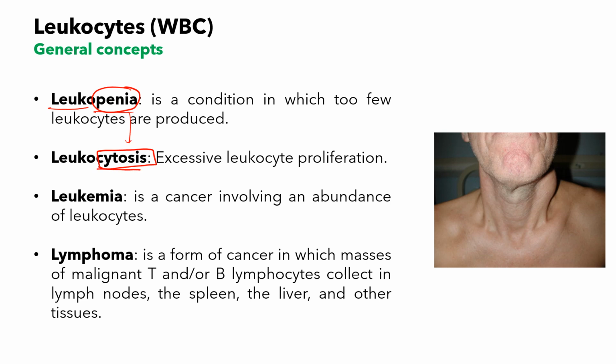Leukocytosis, again, is a general term to say that you have an elevated white blood cell count. Now, what you need to know is whenever you have leukocytosis, you need to see which one is the one that is more elevated. So, for example, if I tell you that a patient has leukocytosis and from 100% of all the leukocytes that are elevated,